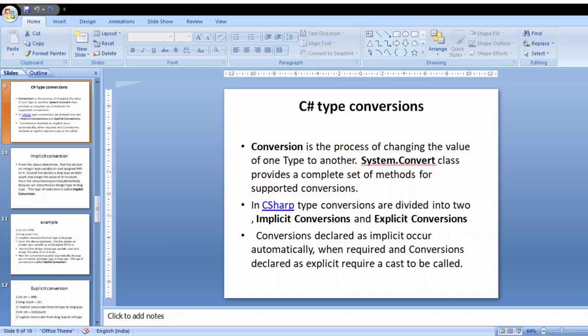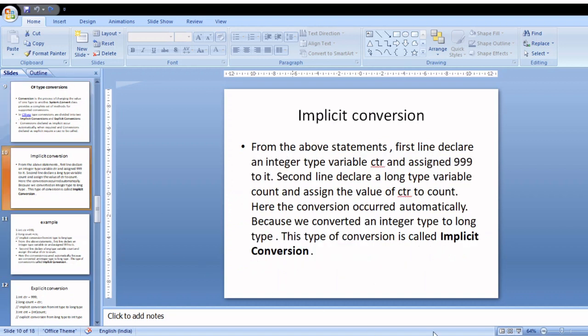In such situations, we need type conversions. For that purpose, there are two categories of conversions: implicit conversion and explicit conversion.